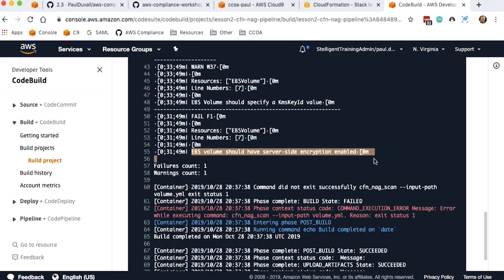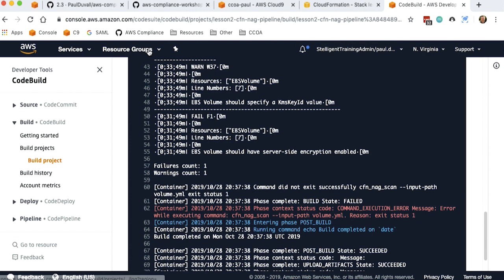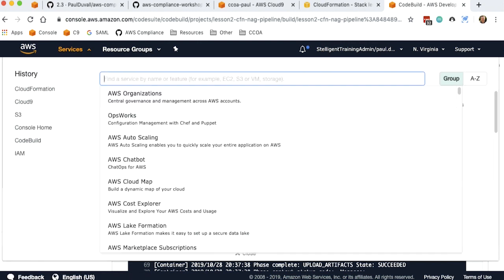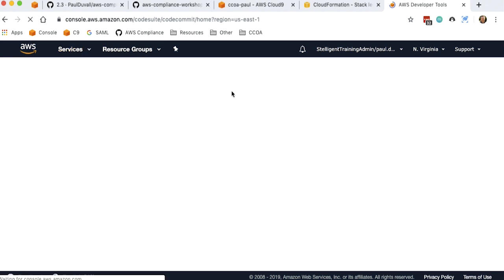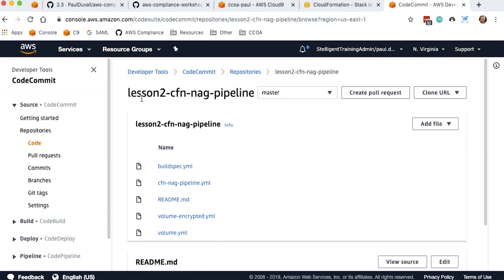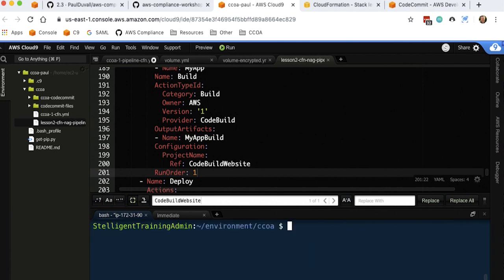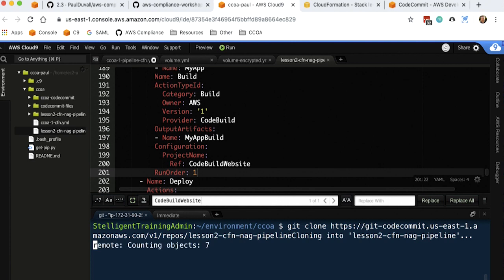And so here we're going to make a change. Would have server-side encryption enabled. Okay, so what we're going to do is that we're going to go, and so let's type in CodeCommit. And so it was the same name as the CloudFormation stack that we created. So we can go back here, type git clone. So we just got the URL. And so now we can